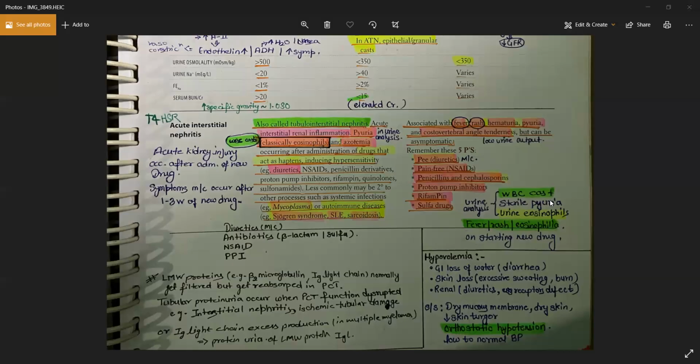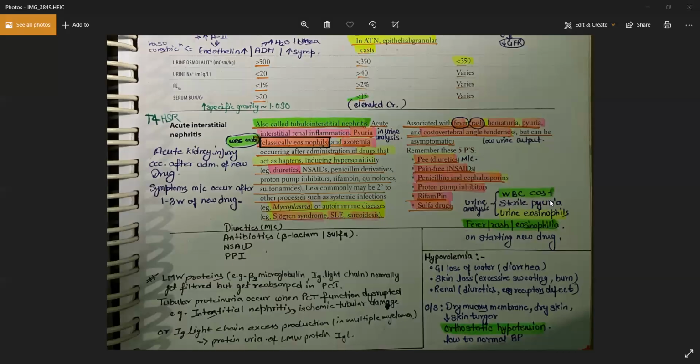Why is this considered a type 4 hypersensitivity? Because you have lymphocytes also in this case. Macrophages and lymphocytes are also present. Although you have eosinophilia, I know, it is actually a type 4. And the time is also very important. Type 1 will always be there as soon as you take the drug, right? You take the drug and within hours you have the hypersensitivity for type 1. The time period is also very important. But in this scenario, you can see the time period is 3 weeks, and that is generally seen only in a type 4 hypersensitivity reaction. Remember, I told you to remember the time frame of these reactions.